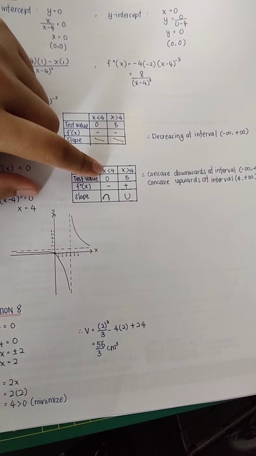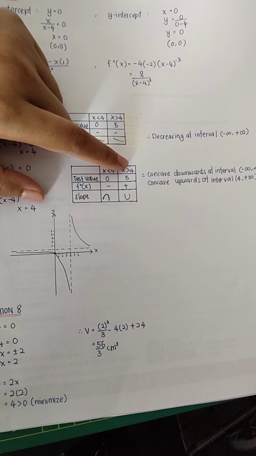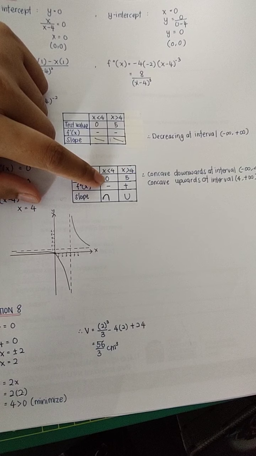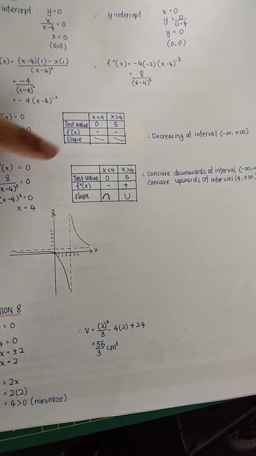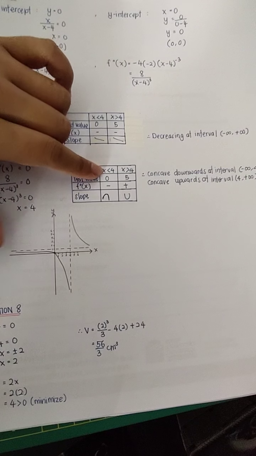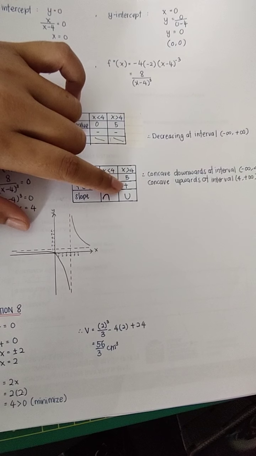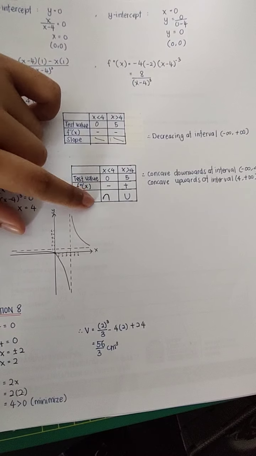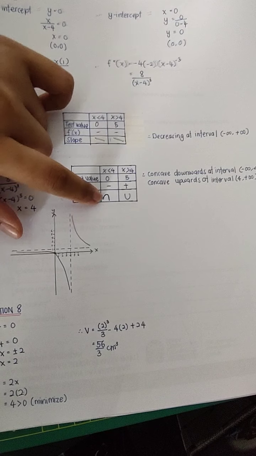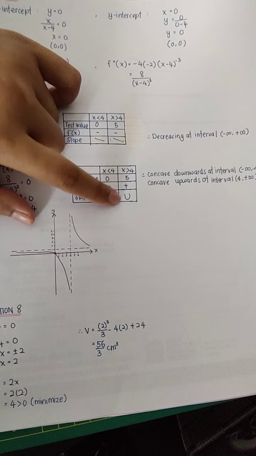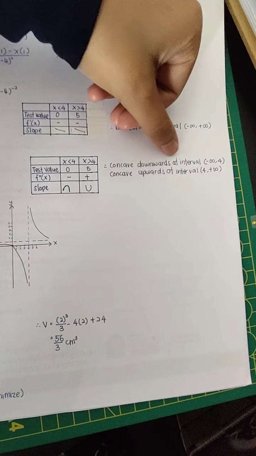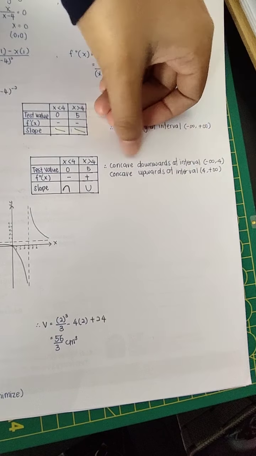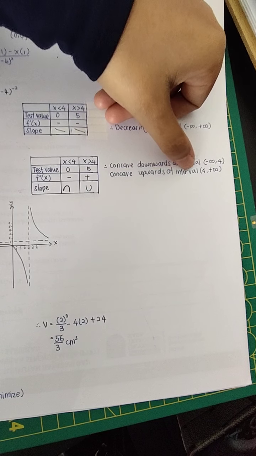So sama juga table dia whether less than 4 or more than 4. So kita pun test value kita guna yang sama, tapi kena masukkan dekat f double prime lah. Jangan awak f prime ataupun yang original, nanti dapat lain. Okay, so bila masukkan untuk less than 4 is negative, more than 4 is positive. So less than 4 negative, so concave down lah, suram je. Okay, so untuk positive, so dia senyum lah, concave up. So conclude concave downwards at interval negative infinity to 4, and then concave upwards at interval 4 to